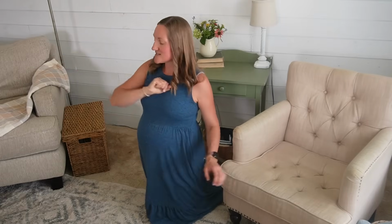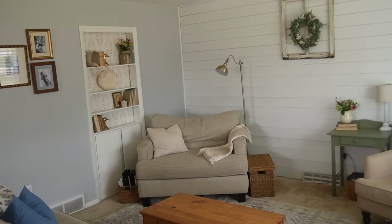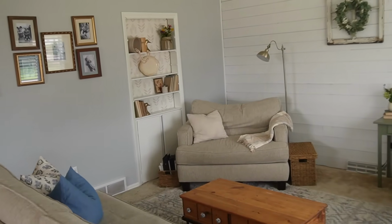And then I'll just show you a little bit over on the other side of this love seat. All right, so what we have going on over here, this used to be a doorway. Before we moved here, someone put a mirror on the other side, and so I love the built-ins. I've put some wallpaper behind it and just made it more of a decorative built-in shelf. And then these two cabinets here, they hold our DVDs and I think a few random candle holders that I